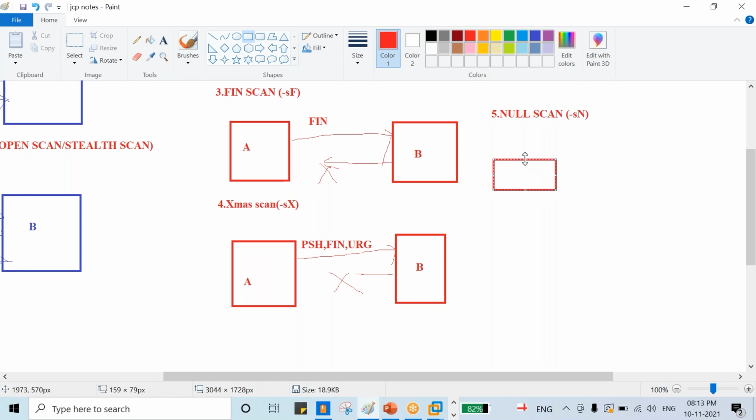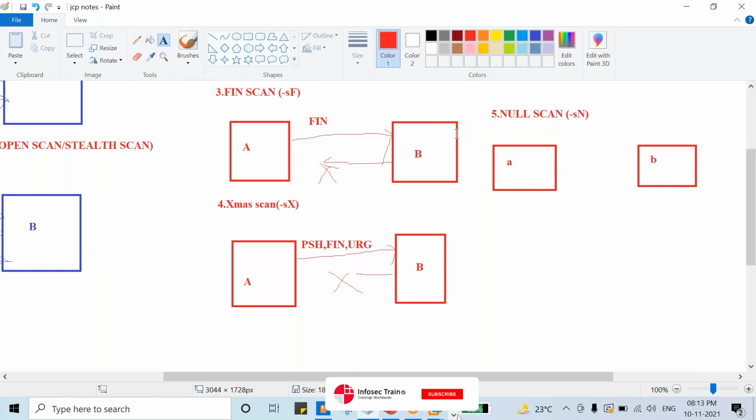We have A and B. Here we are not sending any flag. Whenever you don't send any flag, you don't get any reply from the server. It means the port is open. So these are the five situations where I'm talking about open ports.